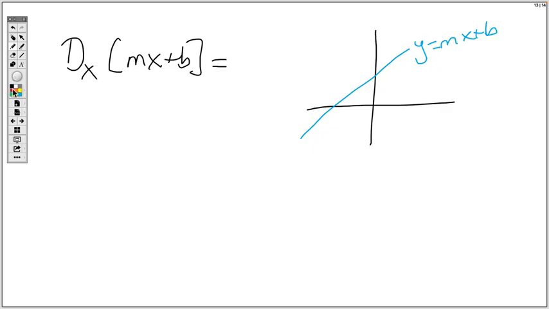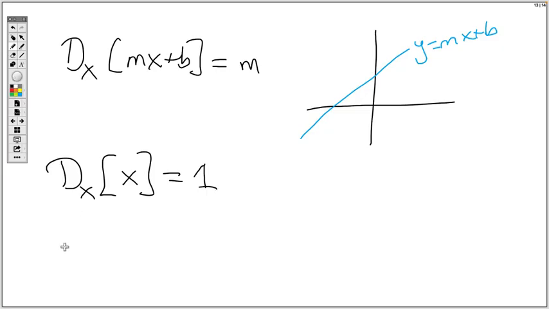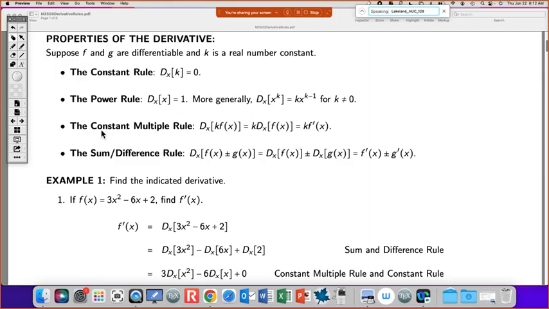So that's going to be m. But more specifically, the derivative of x with respect to x is what? It's 1. Okay. More generally, if you take the derivative of x to a power,